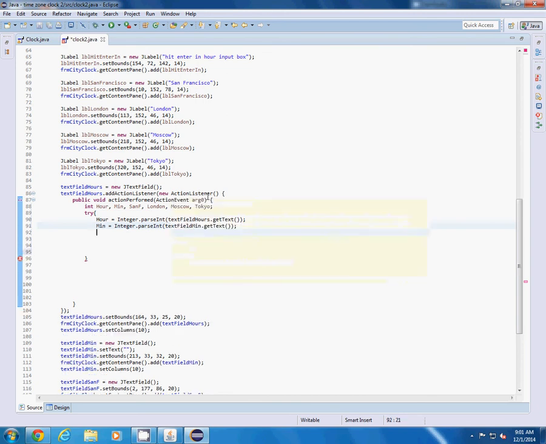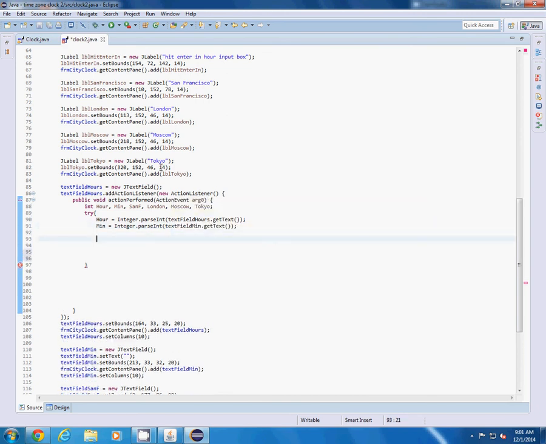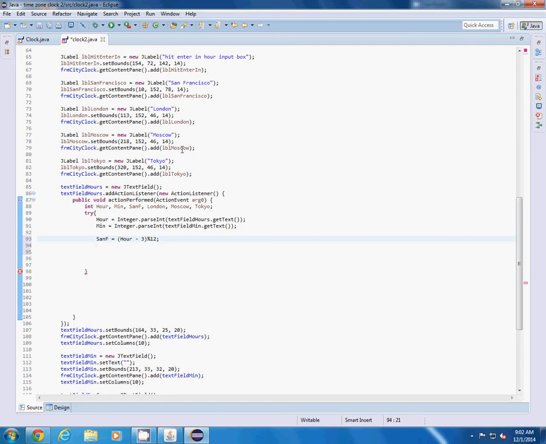Now it's time to get to the meat of the program with the conversion of hours and such. So San F for San Francisco equals hour minus 3. That gets the conversion because it's 3 time zones to the left of Eastern Standard Time, so subtraction, and then mod 12. This will make sure that it can't go above 12. It'll always give a whole number, and then semicolon to end it,